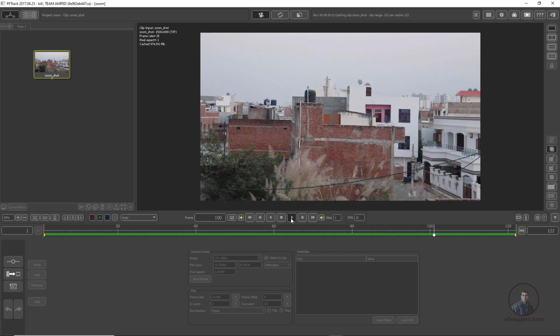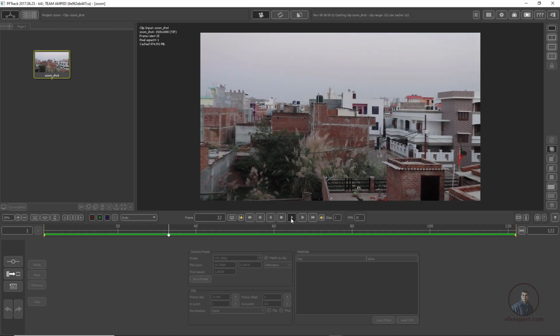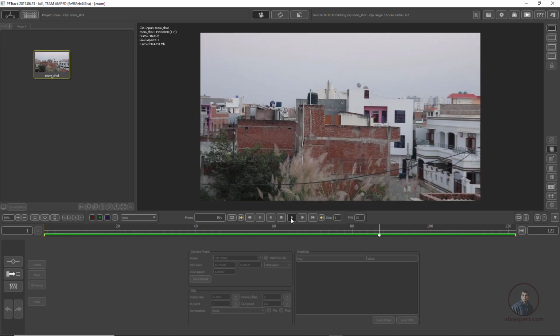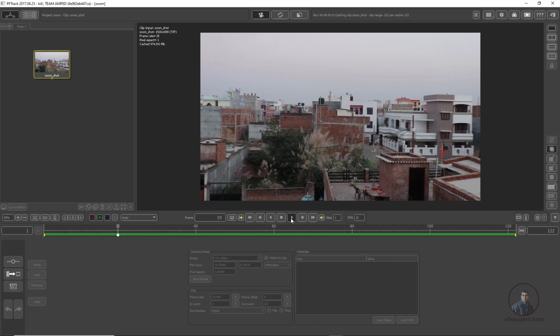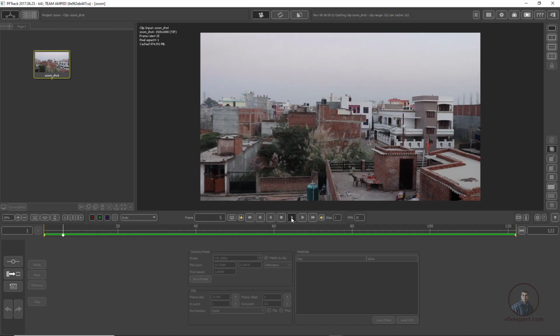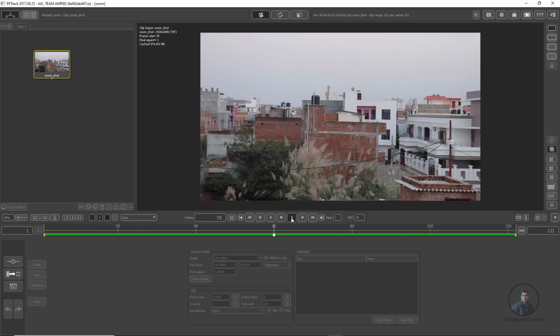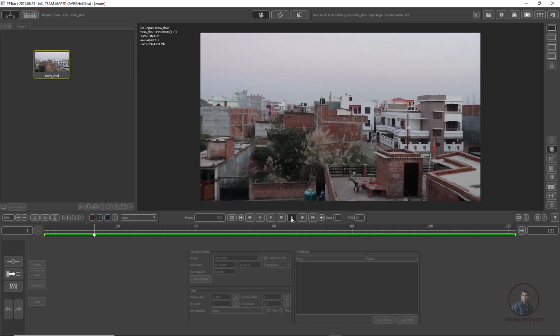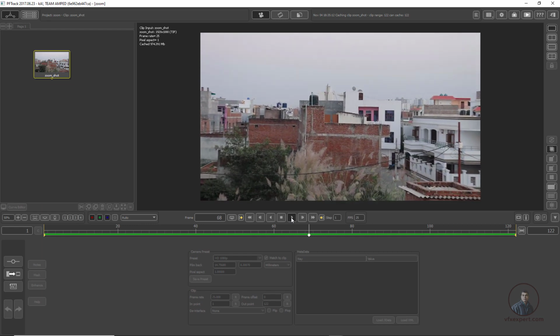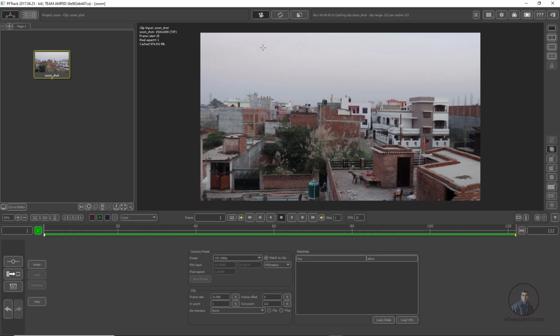So first, what is a zoom shot? A zoom shot means the focal length is variable, it's changing while you are shooting your shot. You can also notice the lack of perspective change, because the camera is fixed in one position, or the operator is just changing the focal length of the camera. So now I'm going to track this shot.